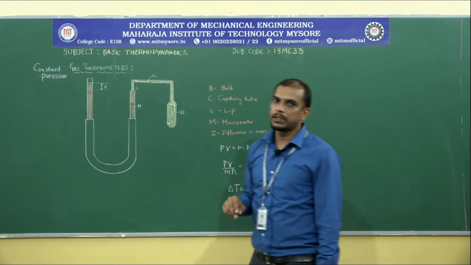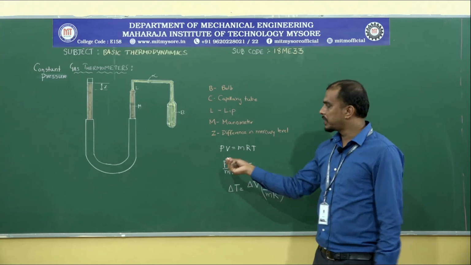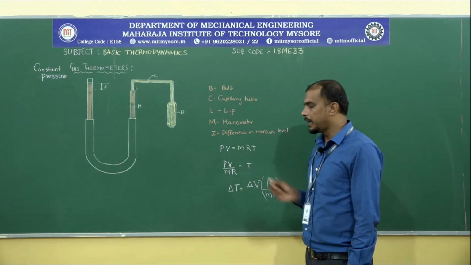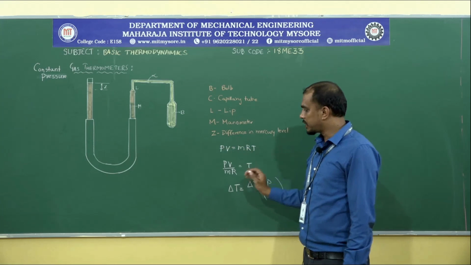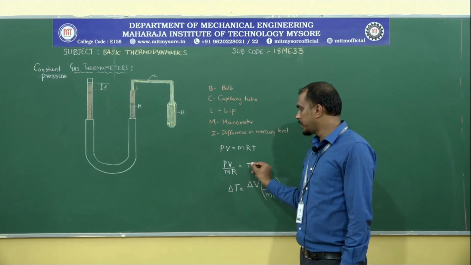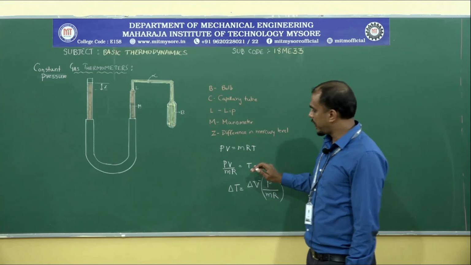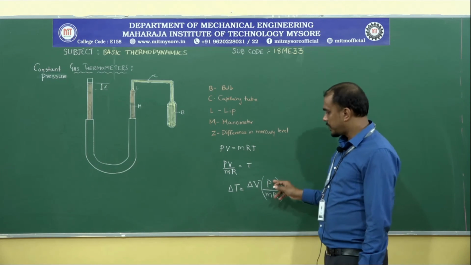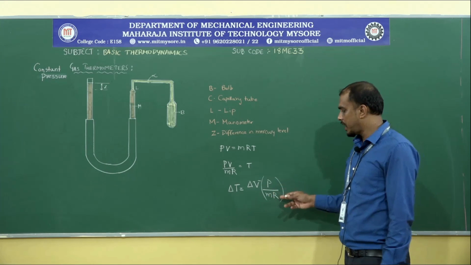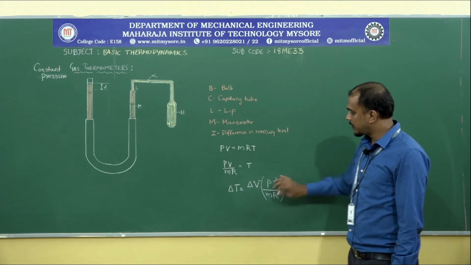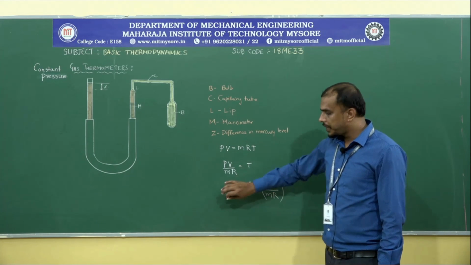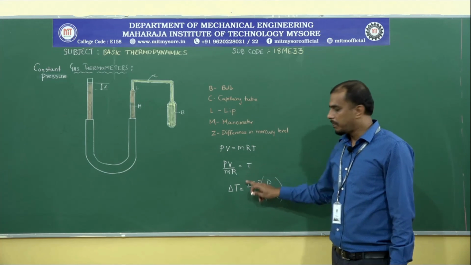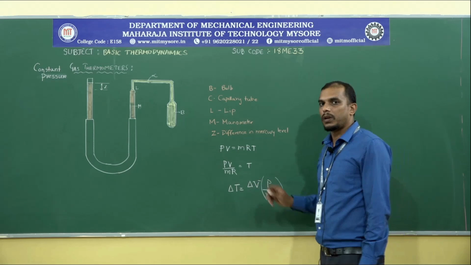So, in this case, if you leave the gas to expand against the atmospheric pressure, that is like a constant pressure process. We come back to the same equation, the ideal gas equation, PV = mRT. Since pressure is constant, I am trying to keep the temperature on one side because we are interested in measuring the temperature. So, PV by mR. Pressure is constant, mass is constant, and of course, the gas constant is there. So, this whole term will be constant. So, any change in temperature can be measured with the help of the change in volume.